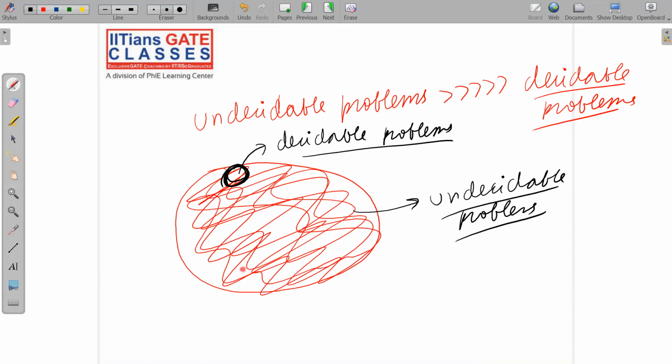In fact, the entire sea filled with water is just like undecidable problems, and only a bucket filled with water is decidable. Okay, so the entire picture was changed. I hope you are feeling lots and lots of interest in this subject by now, just because I am showing you a completely different picture, a completely different scenario of logic, science, and all these things.